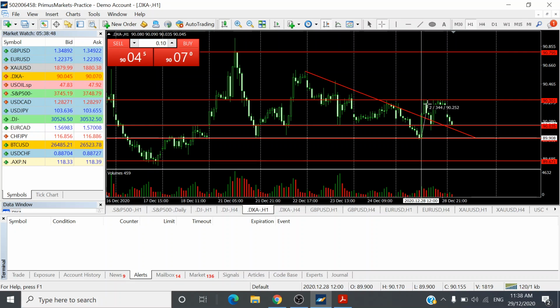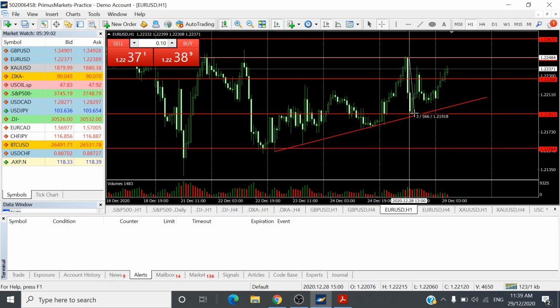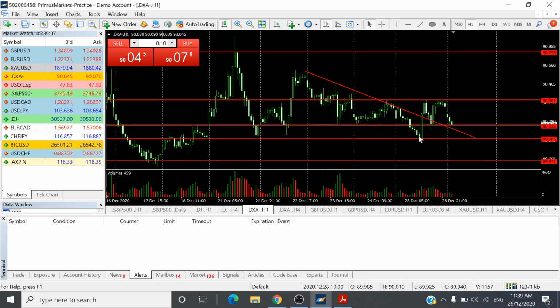As the US dollar began to strengthen, we do see the euro dollar starting to weaken. Okay, timing wise is the same. 12 plus 6, 18, which is 6 p.m. Malaysia time. The euro dollar drops from 1.2248 all the way down to 1.2191. This is a 56 pips movement down as the US dollar strengthened.